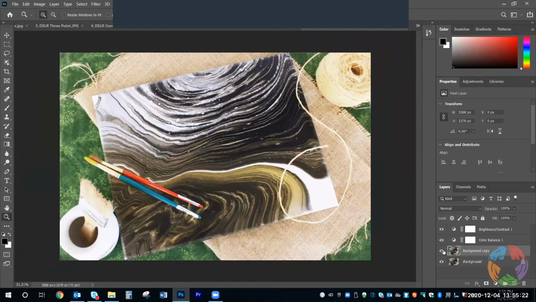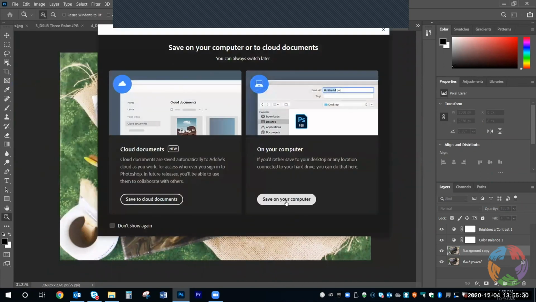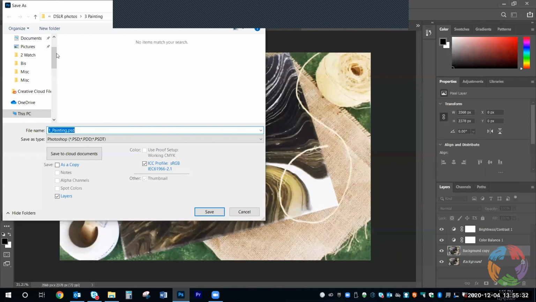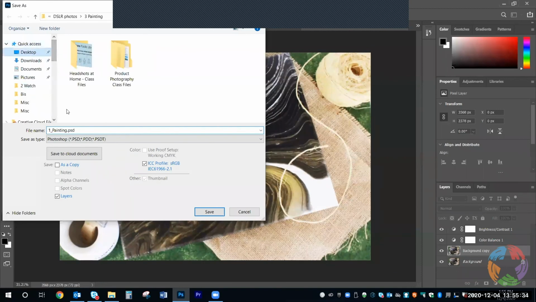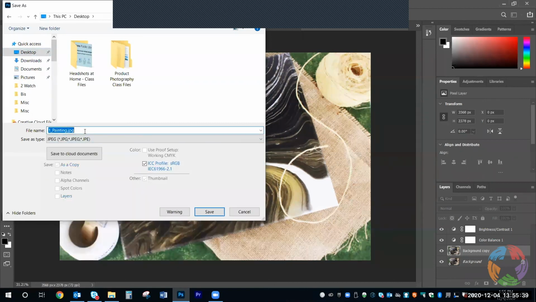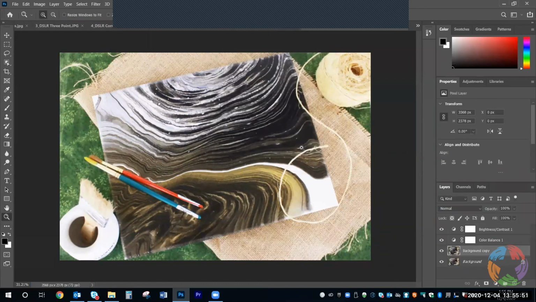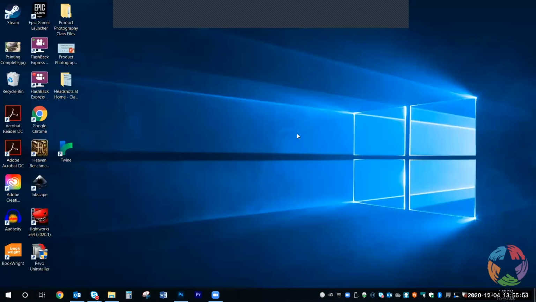Before, after. Let's say if I am done with this photo, I go to File, Save As, Save on your computer, and I'm going to click this little drop down, select JPEG, painting complete, there we go. Save, maximum quality, select OK. And if we go there, painting complete,